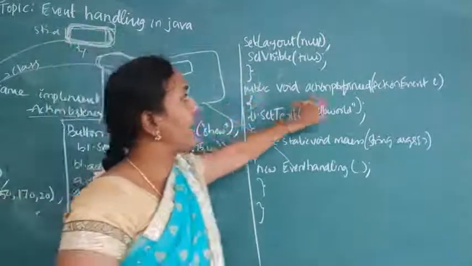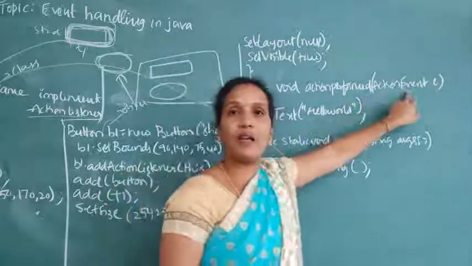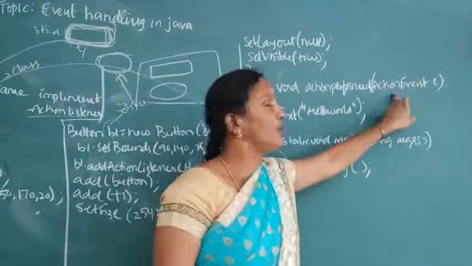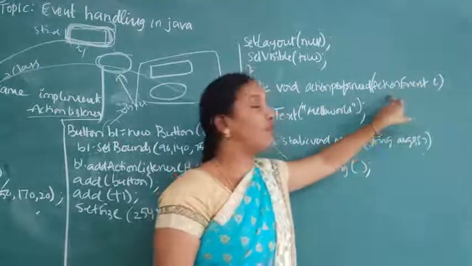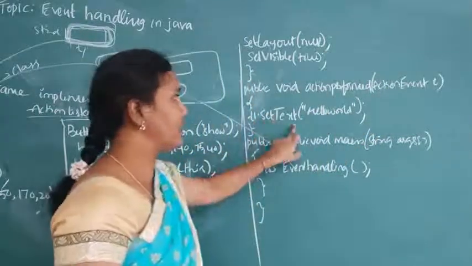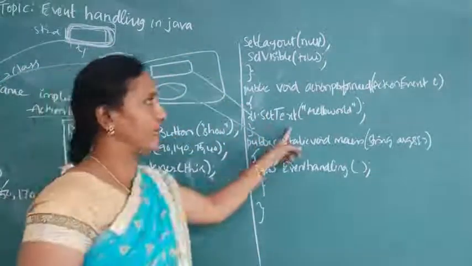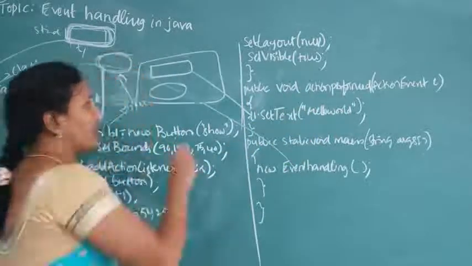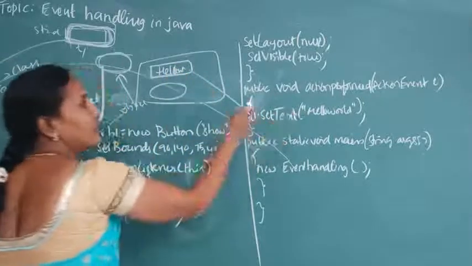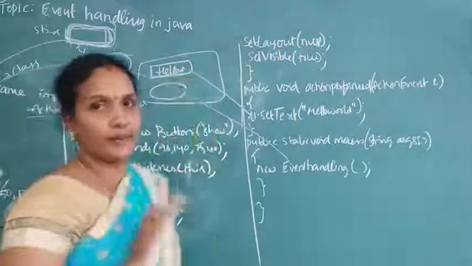Now public void actionPerformed. Here again we are using one method, and inside the method I am using the class and object of this class. If the action is performed, then you need to generate an object for an action. Okay, now here T1 dot setText. T1 here is what? This text field. setText. So what text? By default text we are giving hello world. Okay, setText. On the T1, using the setText method, we are displaying the default text.